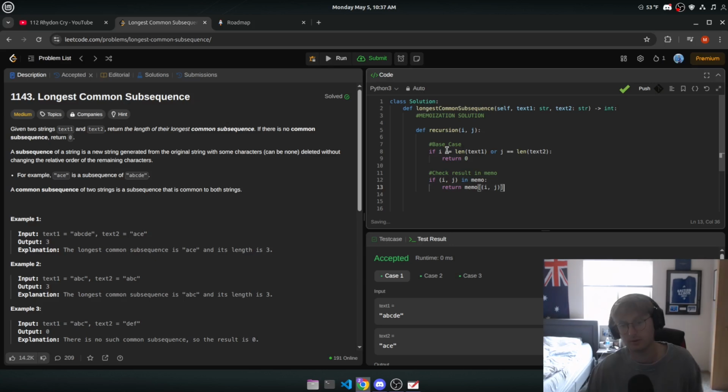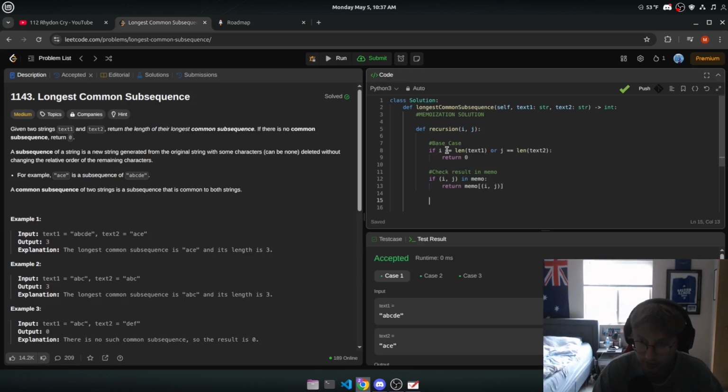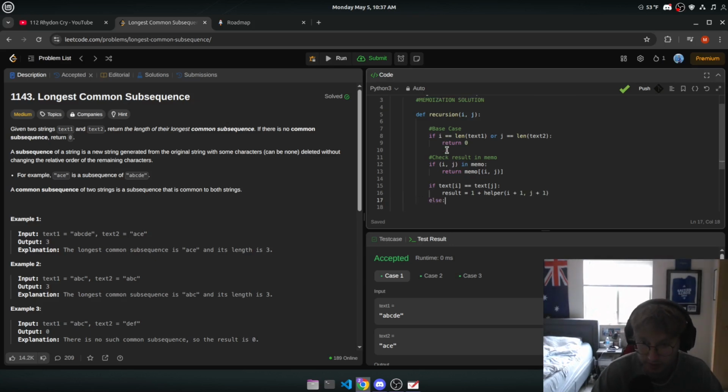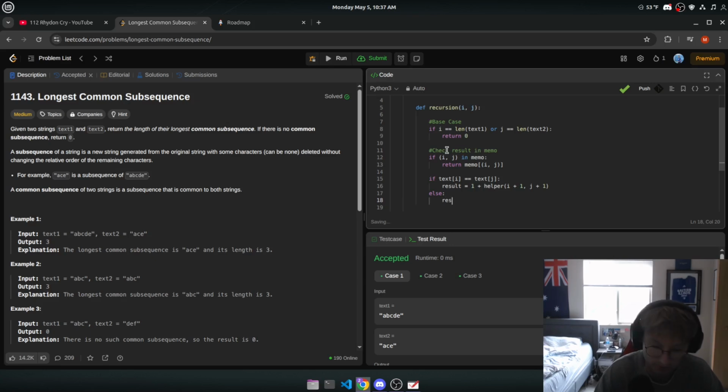So we're taking that point in the grid, and we know where we're at. So then we want to check, well, if text1[i] is equal to text2[j], then we want our result to equal 1 plus recursion, go to the next value, i plus 1, j plus 1, right? Else, if it's not, then we're doing the same thing. We want the max, right? But we're taking the max of either recursion(i plus 1, j)